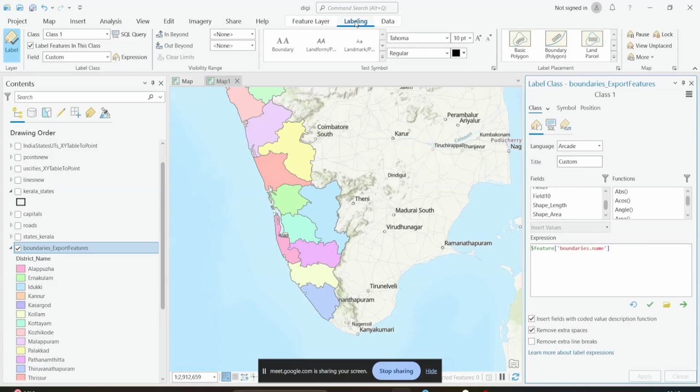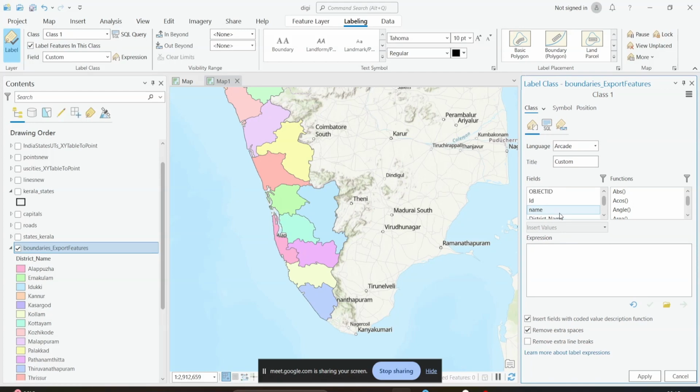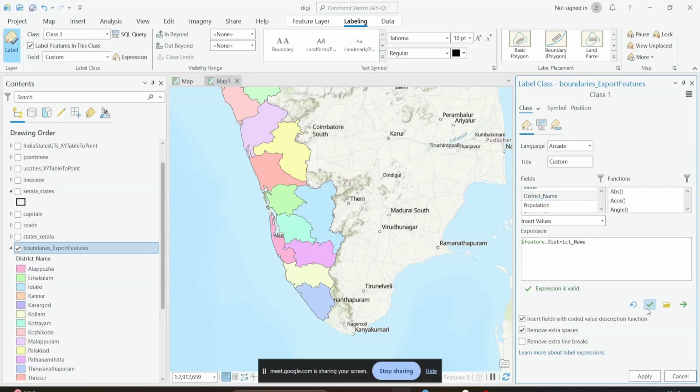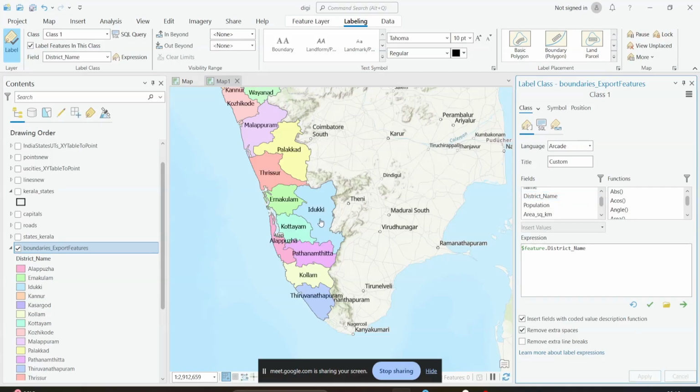I can actually give which field I need to display here. When I click on the label properties, you have this window open up where you can display what you need on your labels. So I have different fields here. If I double click a field, it will come up here, and then you can validate. And if I click apply,